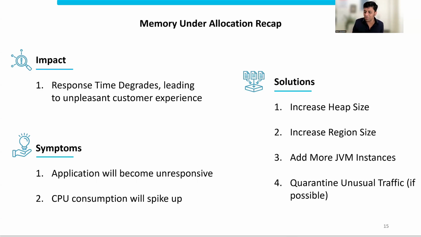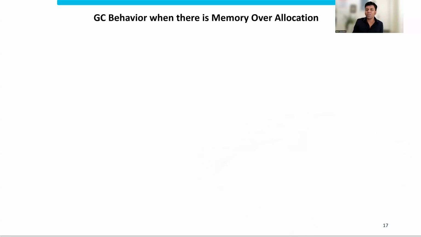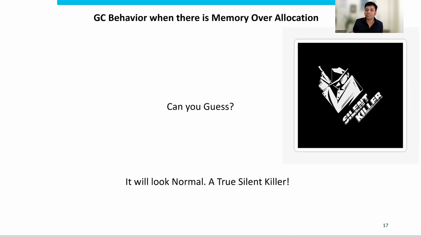Now let's discuss memory over allocation. What if you have over allocated the memory? Say if your actual demand is only 4 GB, what if you allocated 6 GB or 10 GB? How will the GC pattern look? How will the GC behavior look when your memory is over allocated? Does anyone want to put anything in the chat? Anyone can guess? Friends, when you have over allocated your memory, your GC behavior will look very normal,